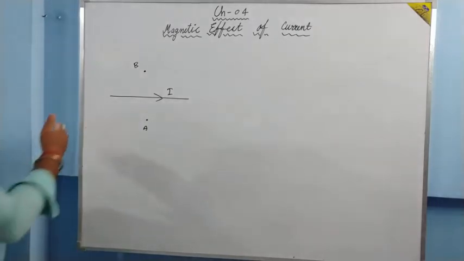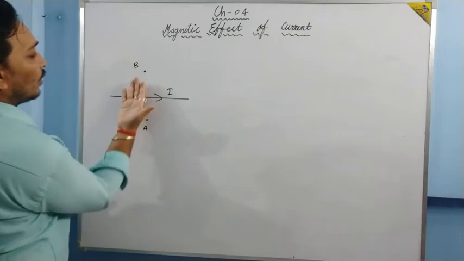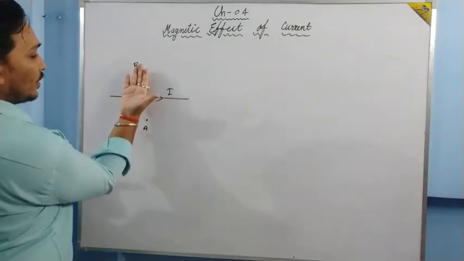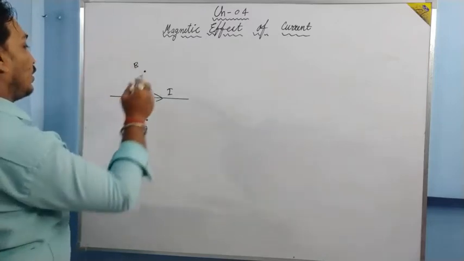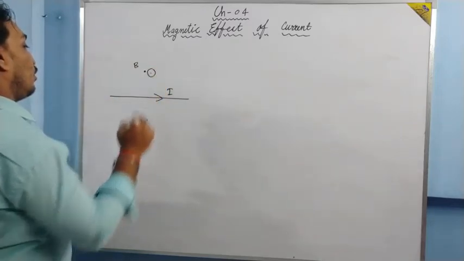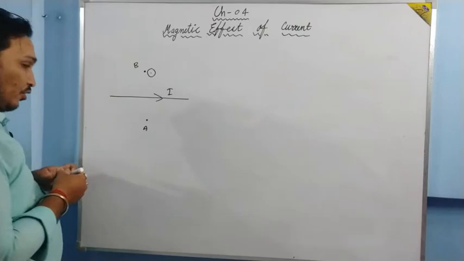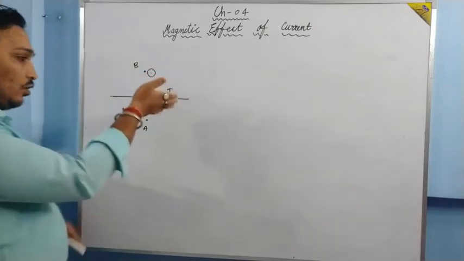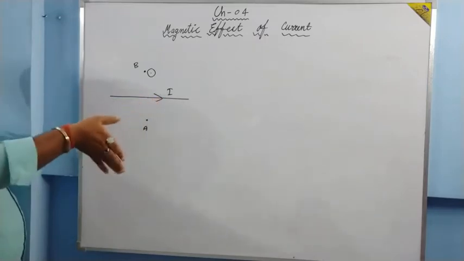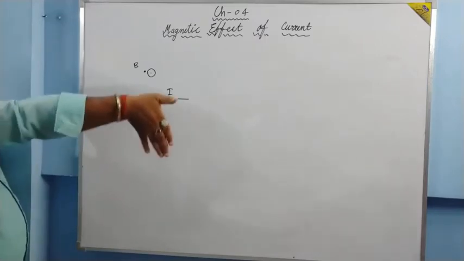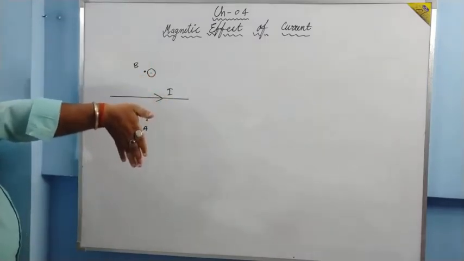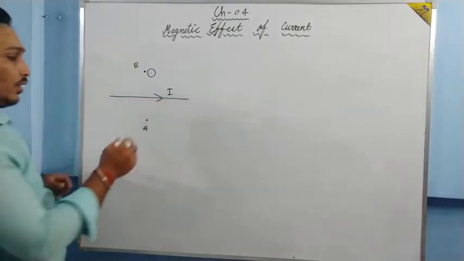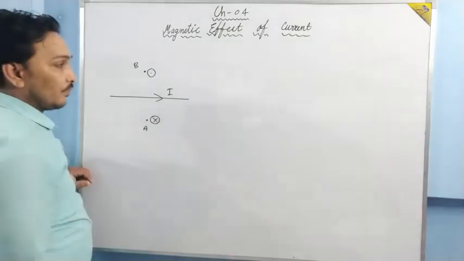Direction of current is towards this side. If we want to calculate the magnetic field towards B, all these fingers will be towards B only. Where is the palm facing? Outward. Here the magnetic field will be outward. And here the direction of current is towards this way, but we have to find the magnetic field downward. So we have to keep our hand like this: magnetic field this way, current this way, and all the fingers point downward. So is the magnetic field inward? Okay. So here the direction of the magnetic field is inward.